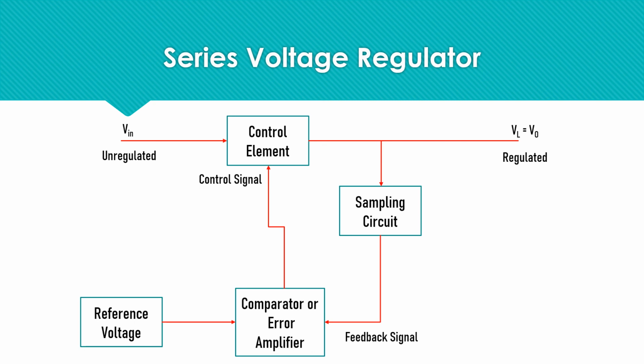So this is how the shunt voltage regulator and series voltage regulators are used. And normally, in regulators the one mainly used is the series voltage regulator, where the control element is placed in series with the load, so that it is easier for the load current to be controlled. So this is about the regulators part, that is, the shunt voltage regulator and the series voltage regulator.